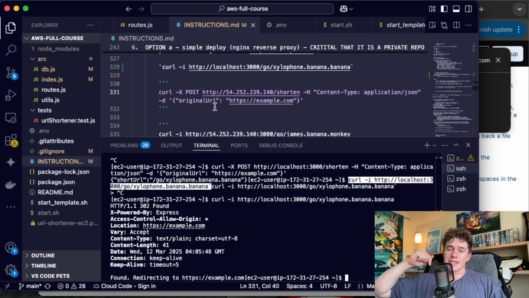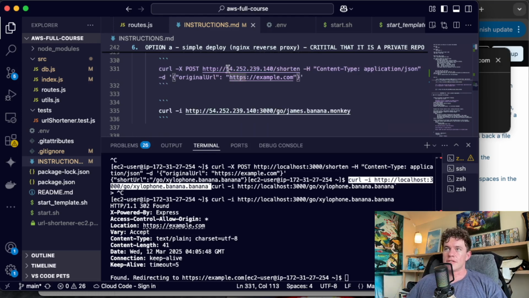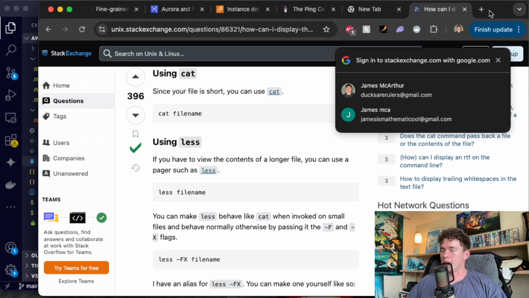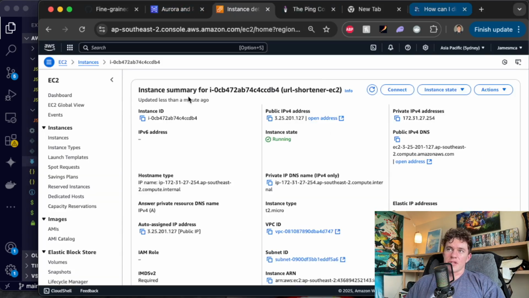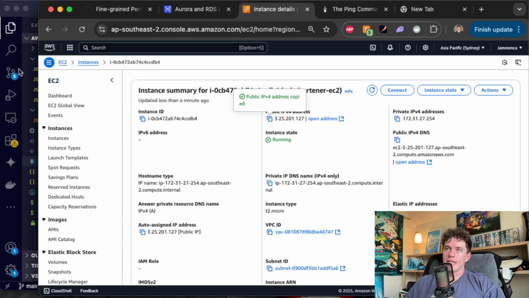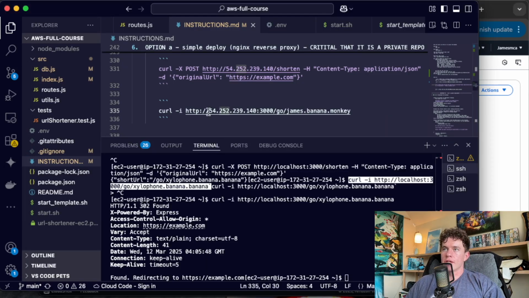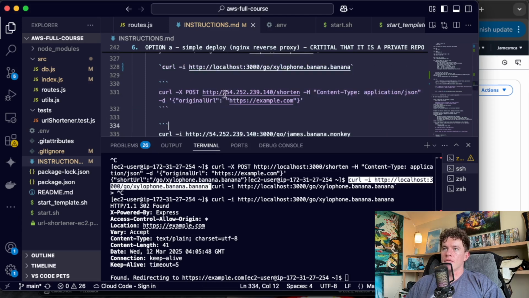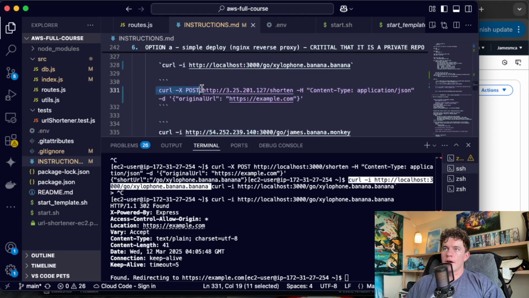But the point is, I would send this network request from any device globally, so outside of my EC2 container. So what we need to do is find the port for our EC2 container, which I realize I've already found a bunch of times, but it's just here. It's on the EC2 instances page, and I've clicked on my instance. And so what I can do is just paste it in place of this top curl command. And now what I should be able to do is copy this command, which is just going to